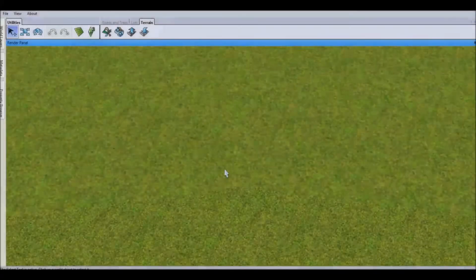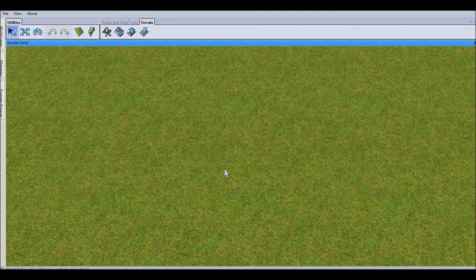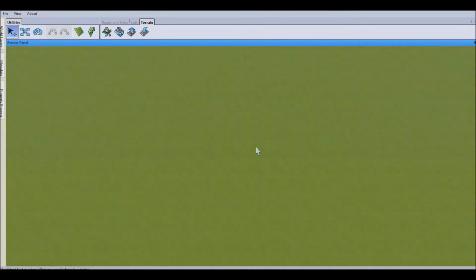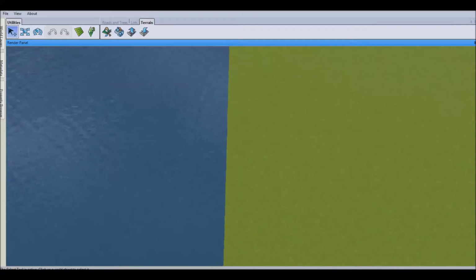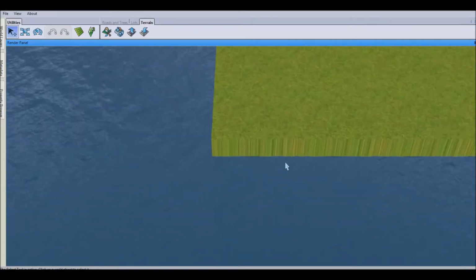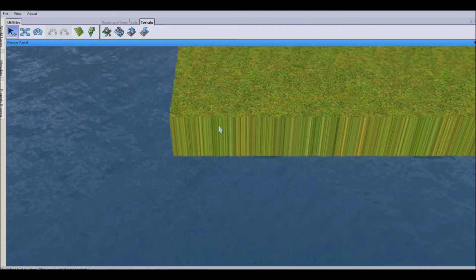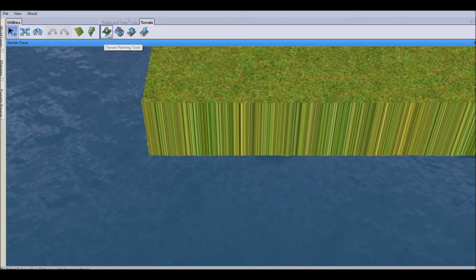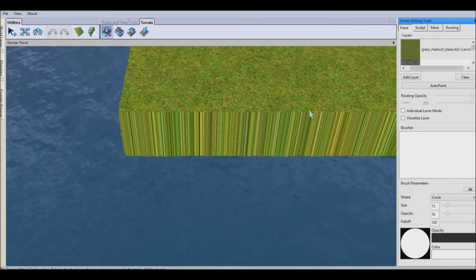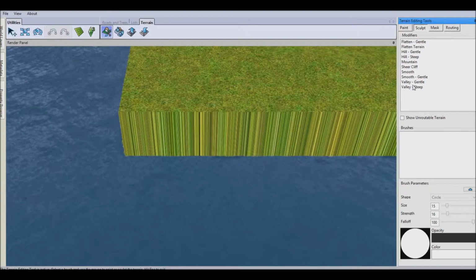Hello everyone, I am in Core. I'm going to be creating a new world, and I've just decided to record it. So I picked a medium flat map, and it's got a 300 height map so that we can have nice tall buildings. Now I just need to fix this here because this is how it starts, and you don't want